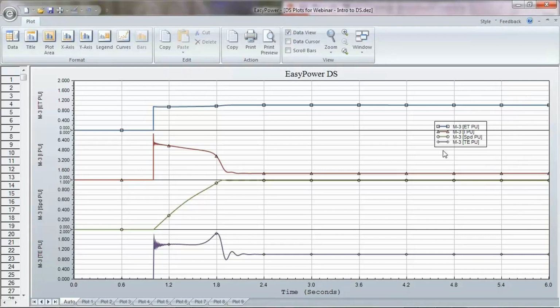We can tell what each of the values are, each of the curves from this legend. ET is terminal voltage, current, speed, electrical torque. You can also turn on a data cursor and see values. So our starting current is somewhere around 6 times. We're dipping to about